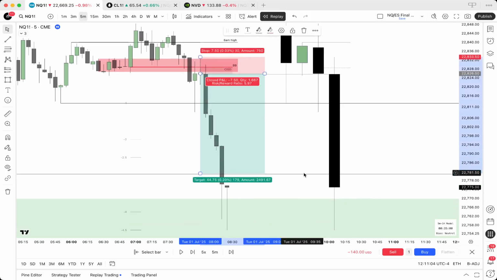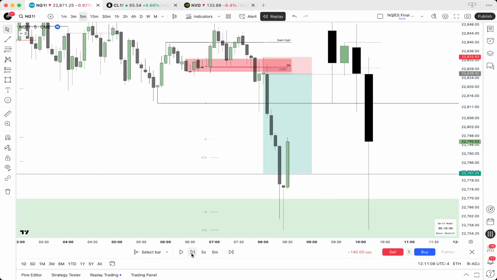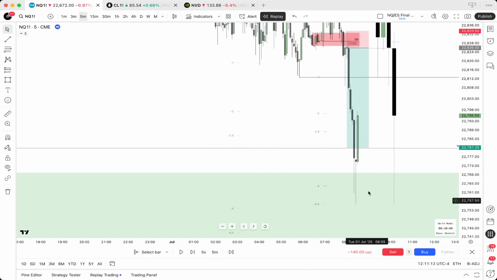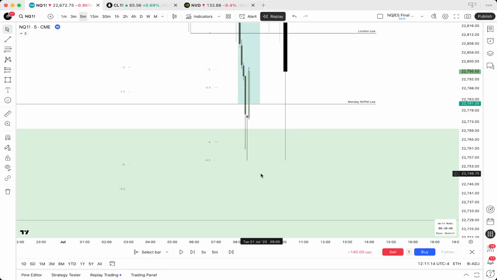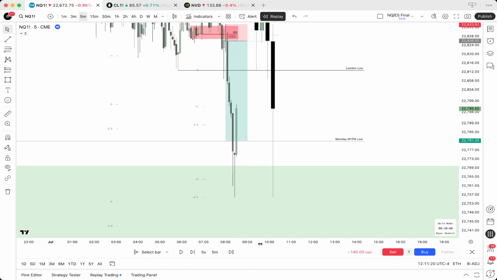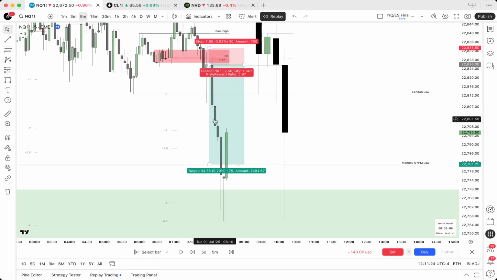NASDAQ ended up sweeping that Monday New York PM session low. And then if we see here, we actually ended up rejecting back above it, but we also rejected off of the hourly breaker block that I had put below. And so we had tested the lows of that liquidity. And so I was actually anticipating to look for a long position here, but this was an A+ short signature